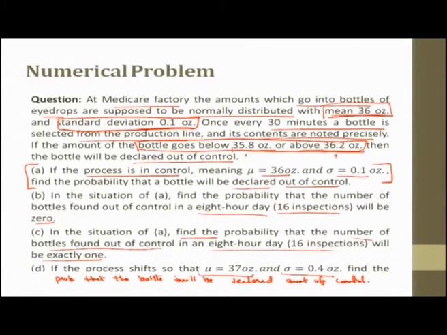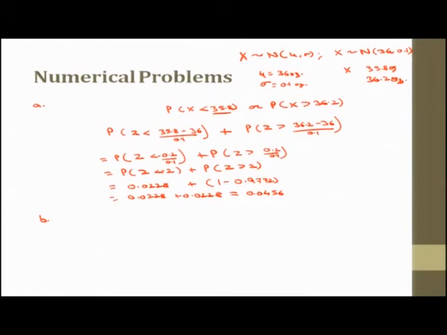Now part B. In the situation of A, when the process is out of control, now we have got the probability here, which is equal to 0.045, maybe 4.5% chances are there. Now, the probability that the number of bottles found out of control in an 8-hour day, 16 inspections, would be 0. Now, what we have here is, in B, we have 16 inspections. So, what is this value? This is the value of n in case of binomial distribution, and the probability of success, actually the probability of out of control, is equal to